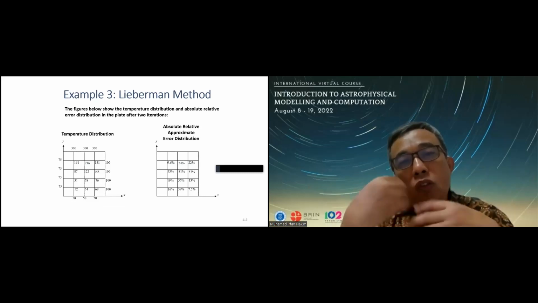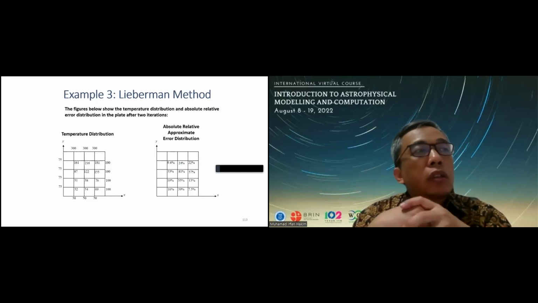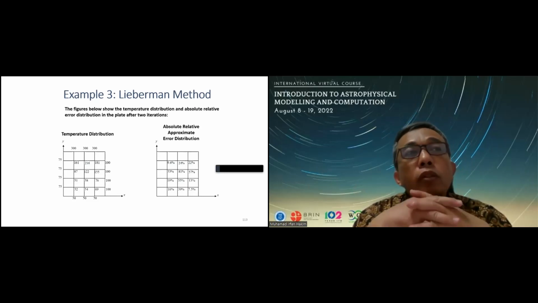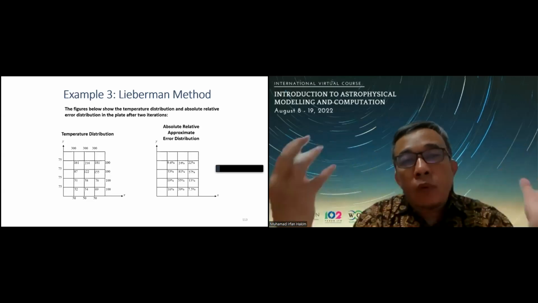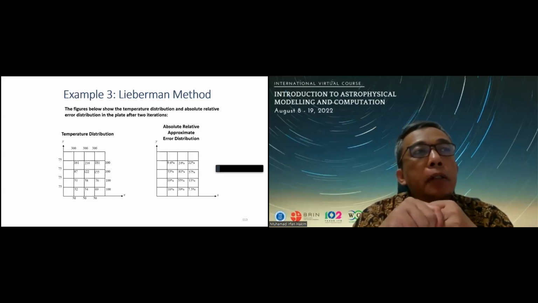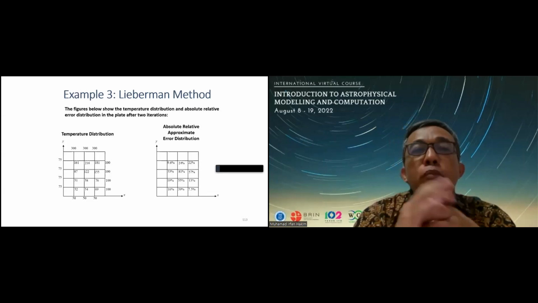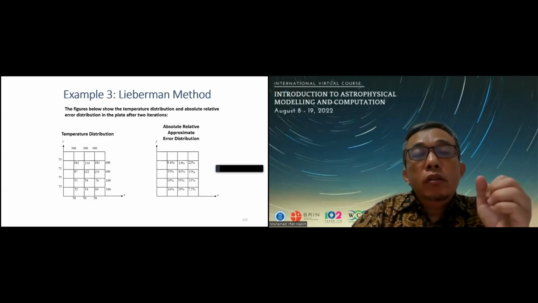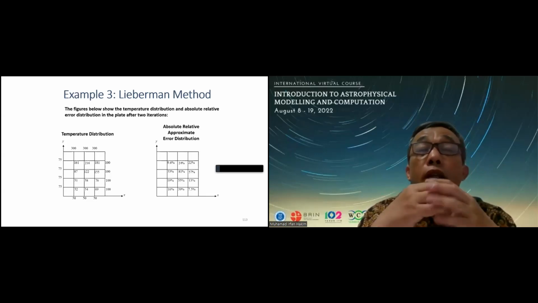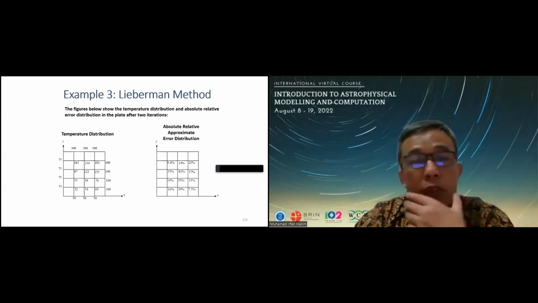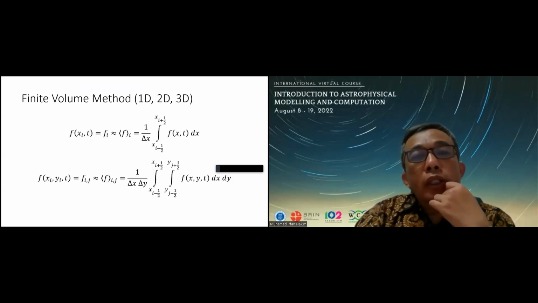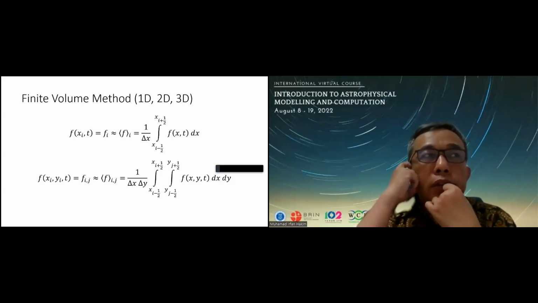The number of internal nodes becomes bigger and bigger, but we also face problems which need to be solved in 3 dimensions. So the dimension of the problems and the number of internal nodes become bigger and bigger. So another approach, instead of using